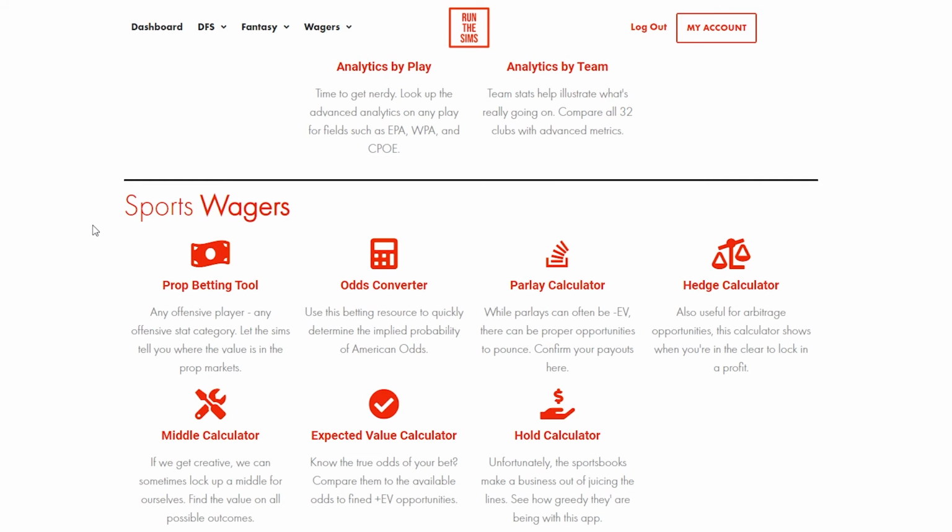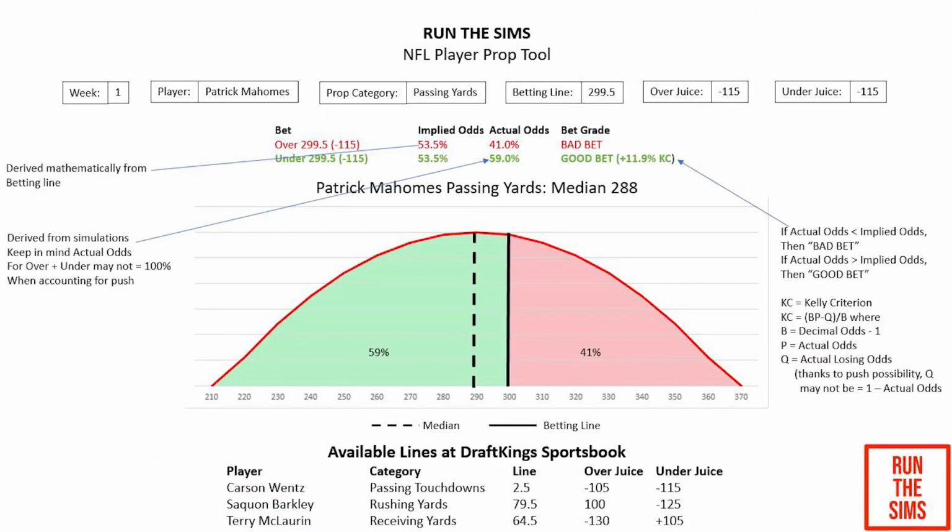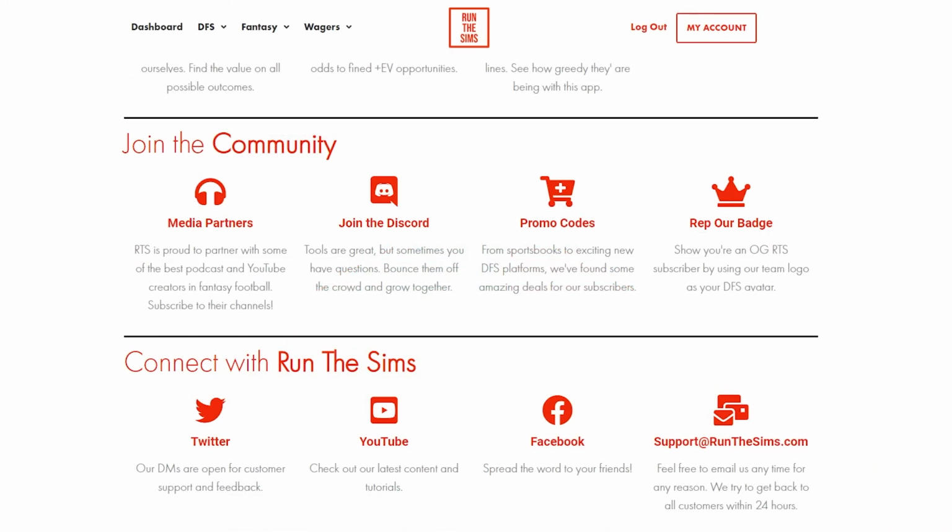For instance, if you have a Patrick Mahomes passing yardage line of 299.5, you can key that into our player prop tool and we'll tell you exactly how often he exceeds or fails there and what a recommended bet size might look like. That'll do it for all of our apps,